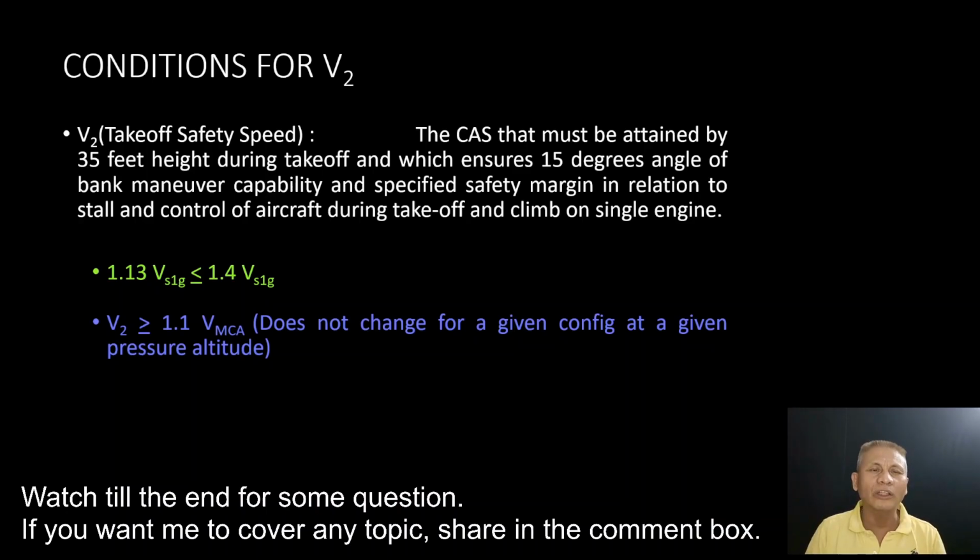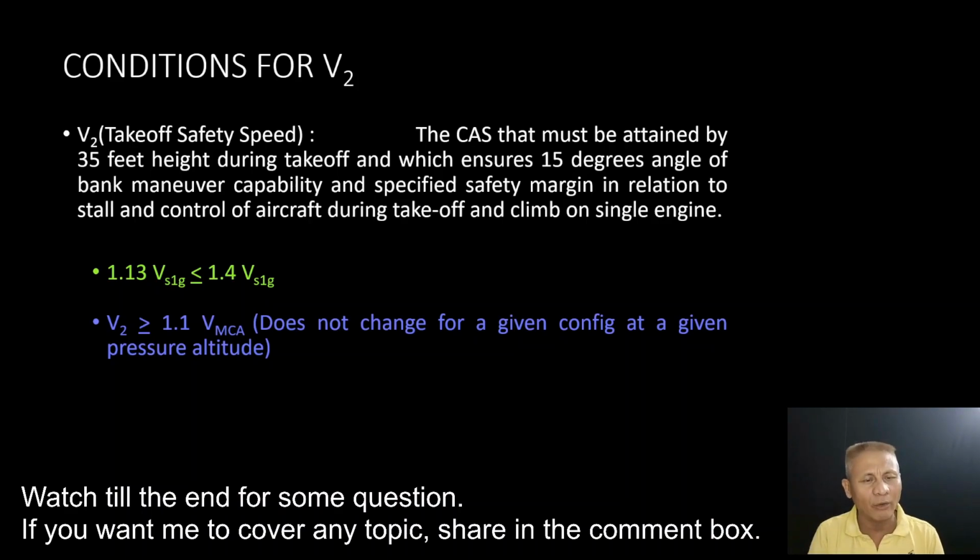If I have to continue the takeoff with an engine failure, I have to reach V2 by 35 feet. That is, when can I declare the aircraft safely airborne? I can declare that the aircraft is safely airborne only when the aircraft reaches V2 by 35 feet. That is why this speed, V2, is also given the name takeoff safety speed, which is defined as the CAS that must be attained by 35 feet height during takeoff, and which ensures a 15